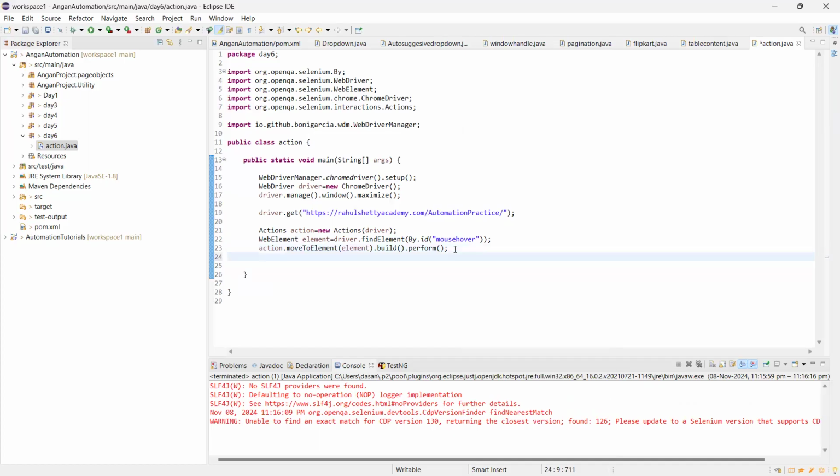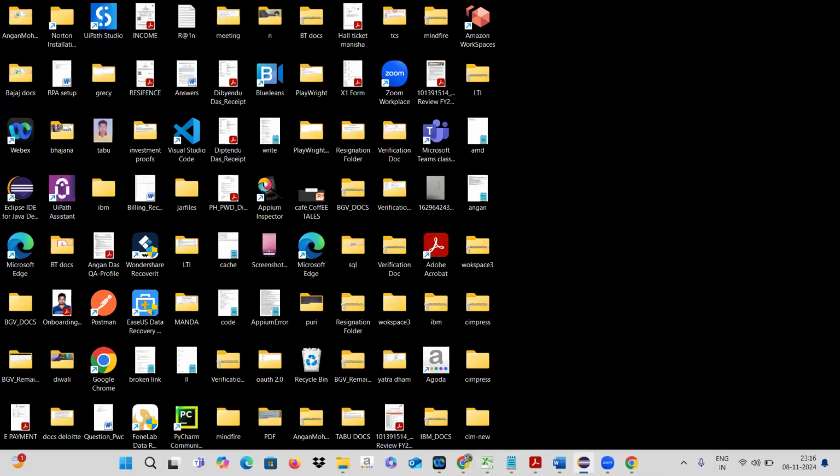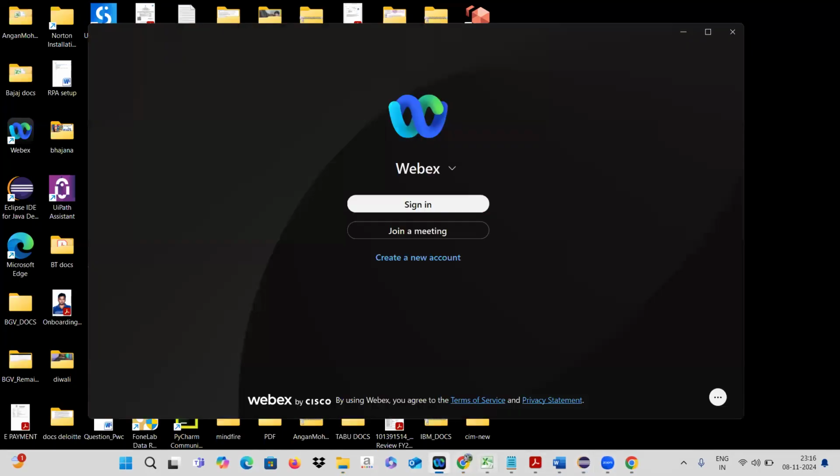And one more action we can perform is the keys interaction. So Keys dot enter. Let's say suppose we go to